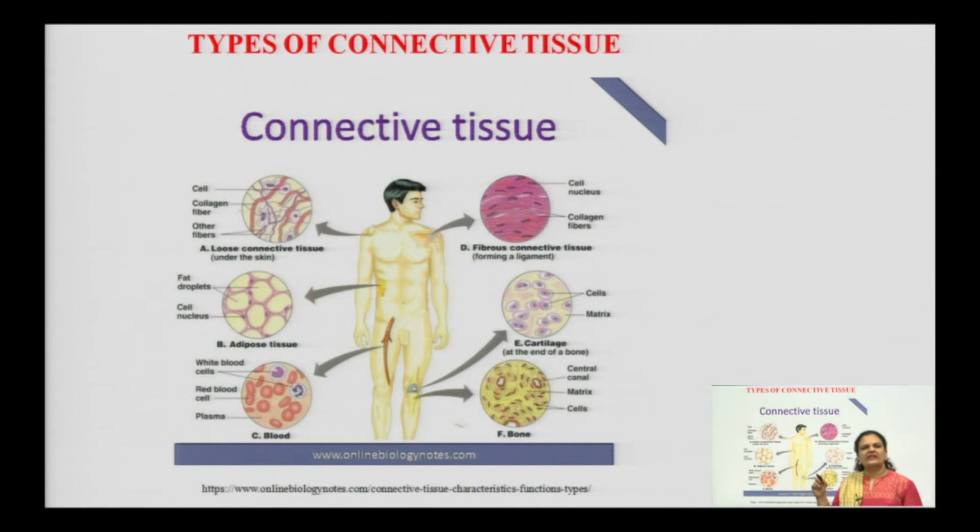Now, coming to the various types of connective tissues, their location and their characteristic features with the specialized functions which they are able to perform. We have 6 different types of connective tissue, students. The first one is the loose connective tissue. After that, we have adipose tissue, blood tissue, fibrous connective tissue, cartilaginous connective tissues and lastly the bone. So, coming one by one, the loose connective tissue is located beneath, or we can say under, the skin. So, here we are talking about the shoulder.